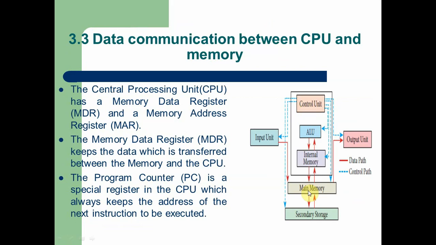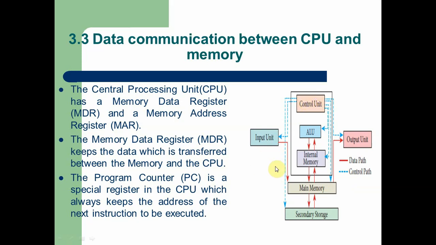Depending upon the user command, if the information is to be stored for future use, it is stored in secondary memory. Depending upon the user instruction, if the information is to be displayed on the output device, then this information is passed to the output unit. This whole process is controlled by the control unit, which is the head of all units.